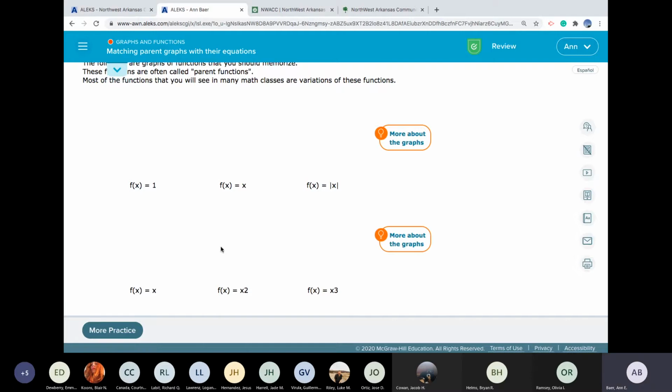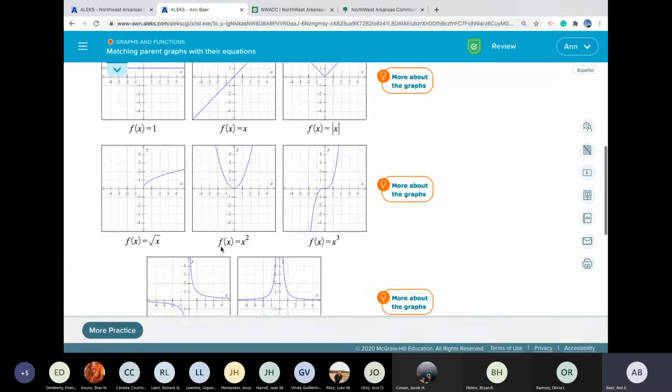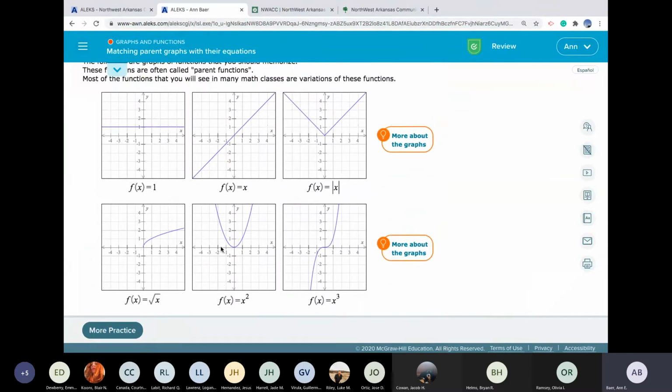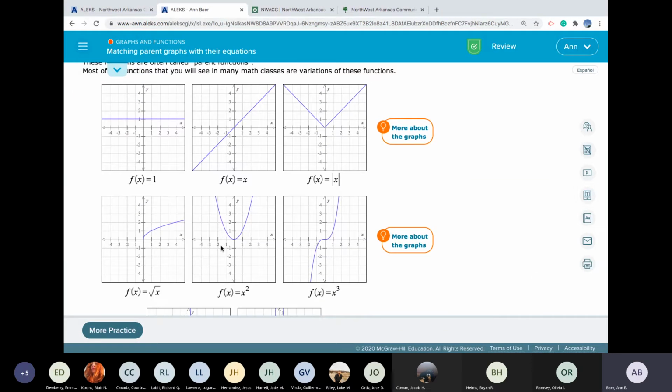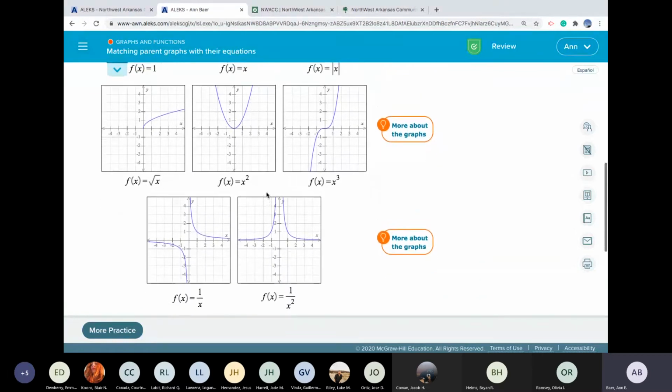In the explanation, they have all these graphs here for you down here, and they're telling you what they are. The purpose of this topic is so that you learn the functions and the graphs. In other words, what does the graph of an absolute value of x, let's say, look like? It's a V-shaped graph. So you want to learn these graphs. It's very helpful to know these graphs,